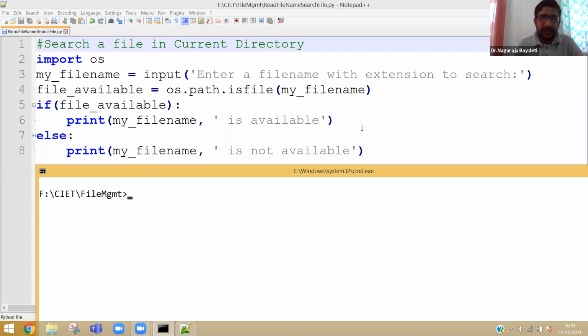Only when it is available, let us open the file and then we will continue. So let me write a, excuse me.